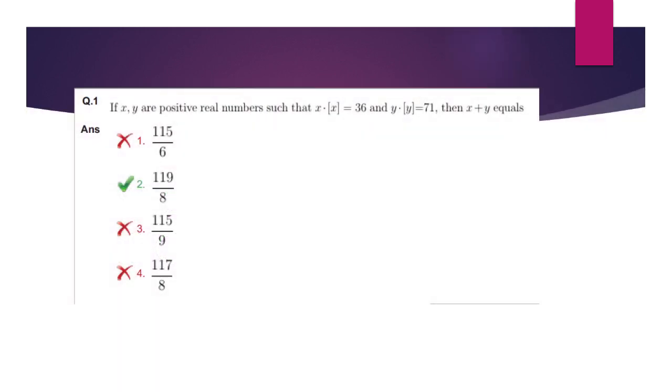Well, this is a pretty simple one. If x and y are positive real numbers such that x times the greatest integer of x is 36, and y times the greatest integer of y is equal to 71, then x plus y equals. So in this case,